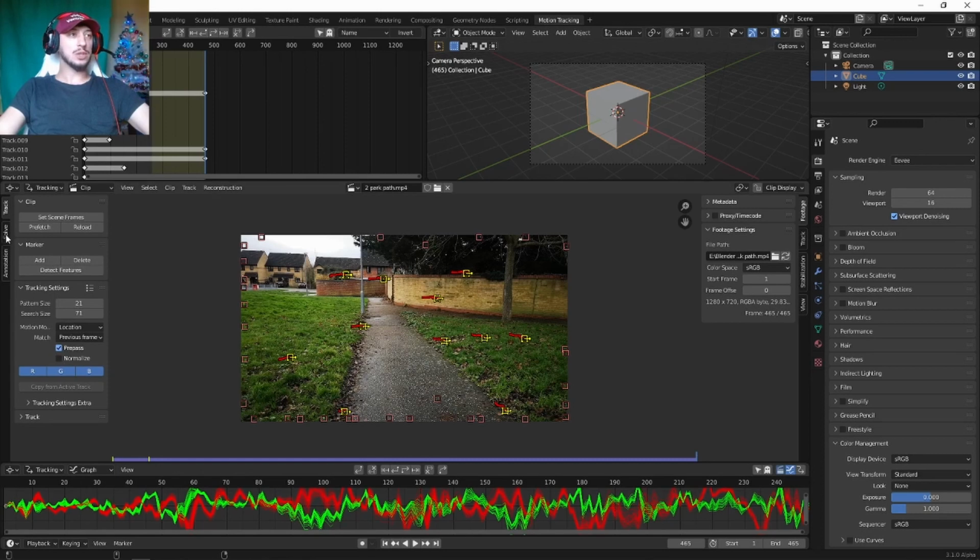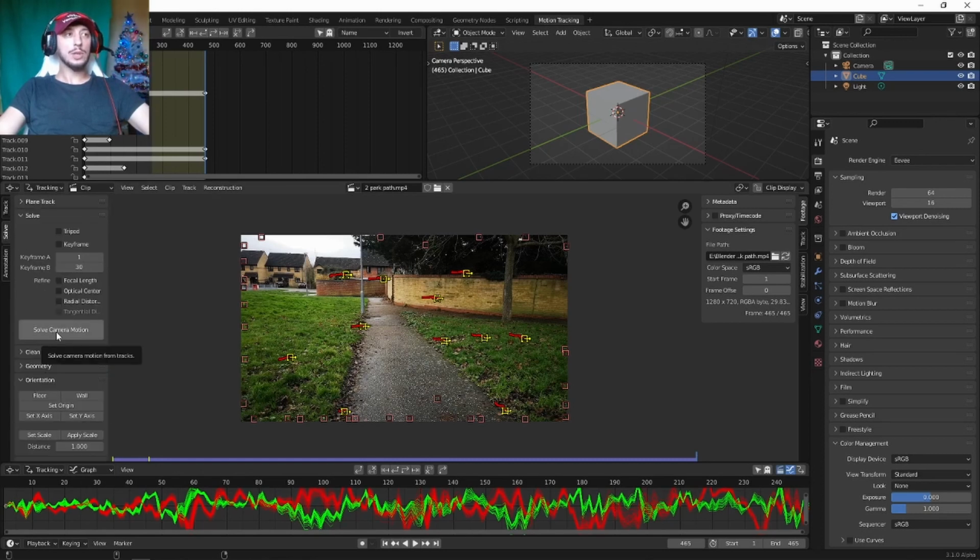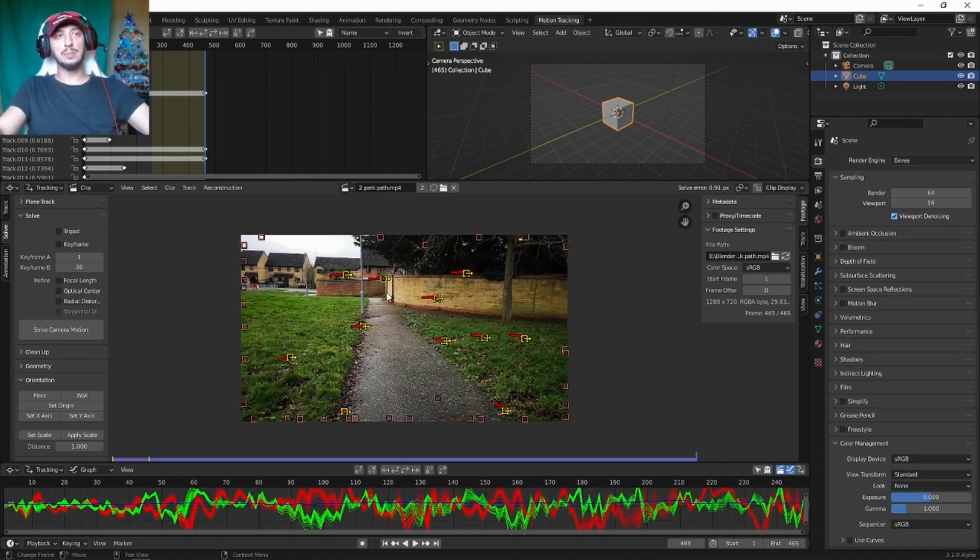Now we're going to the solve tab. We're going to go straight to solve camera motion. We got a solve error of 0.91. For me that's quite good, preferably it's below 0.50, but we can weight it down a little bit. Basically they ask us to have like 8 tracking dots that stay through the whole film. So we're having these dots, 1 2 3 4 5 6 7 8 9 10 11 12. We go to the track,